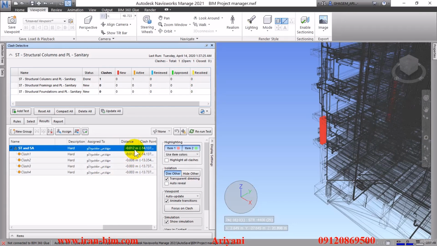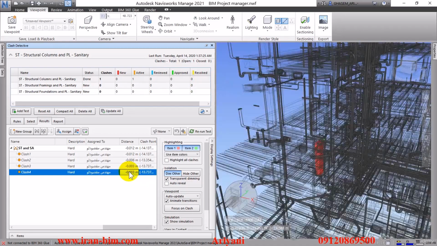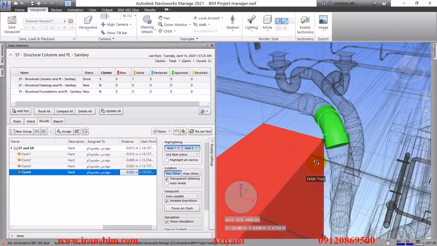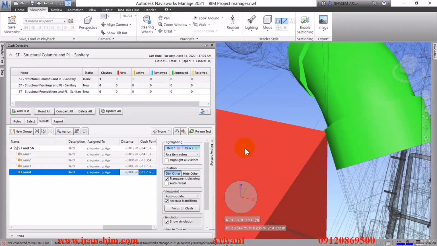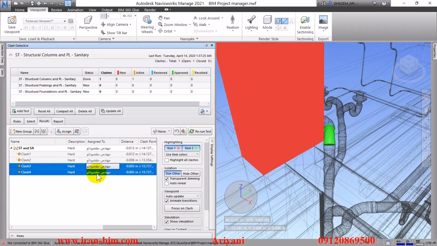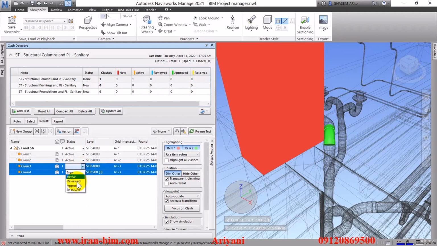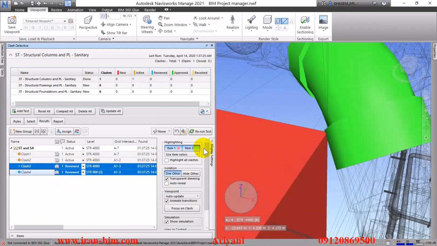Then we have the distance, for example, 12 millimeters, then 12 again, 6, 3, and 3, which is because of the level of tolerance that we already set. For example, the last 3 millimeters that we have here is not an actual problem. These systems can be installed with a little bit of force. Usually for cases like these, up to 3 millimeters, we can open up the status and put it on reviewed. And that's how we can manage and control the